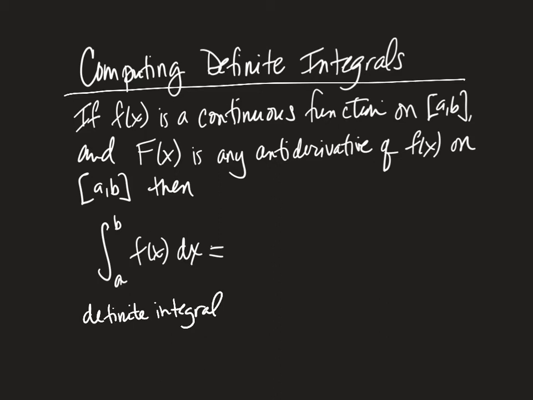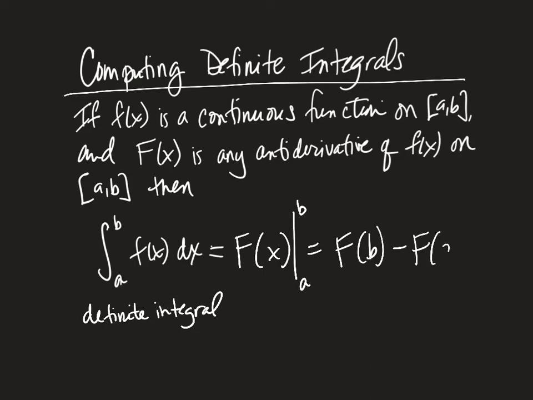So the way that this is written, this is called the definite integral of f of x from a to b, and it is equal to that antiderivative, and then we use a notation to still remind us we still have to plug in the upper and lower limits, and the order that we substitute them and subtract them is specifically this order.